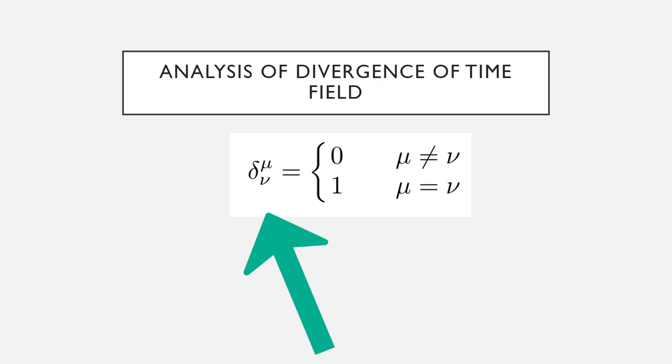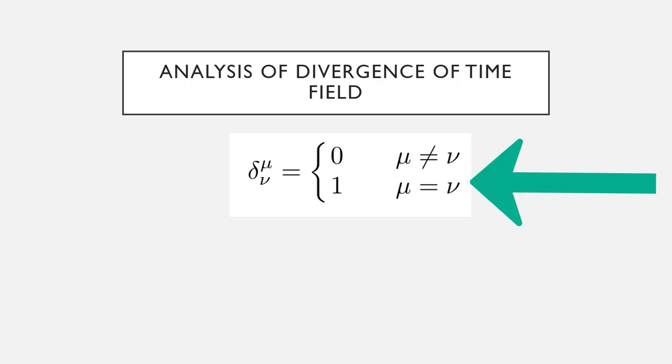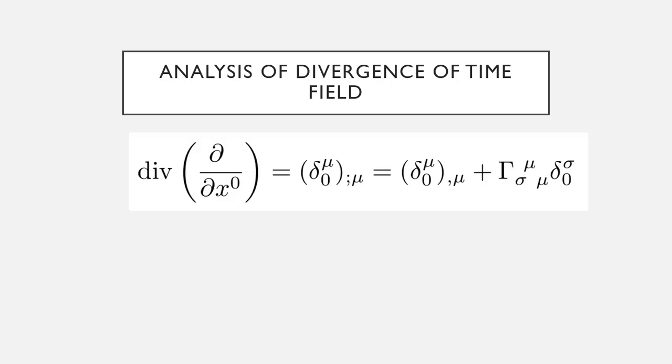The Kronecker delta is defined so that if the two indices, μ and ν, are different, it will output 0. You only get 1 if μ equals ν, if the two indices are the same. The covariant divergence is, first of all, symbolized by a subscript with a semicolon, and then μ, the repeated up-down μ, indicating that we're